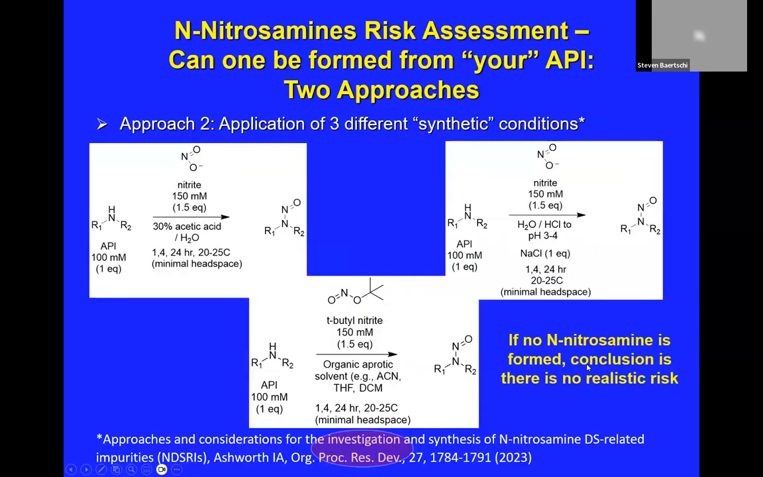Similarly, I think people from the, and I'm going to need to stop pretty soon. Let me finish up this one slide. These three approaches from Ashworth et al. at exposing a compound to